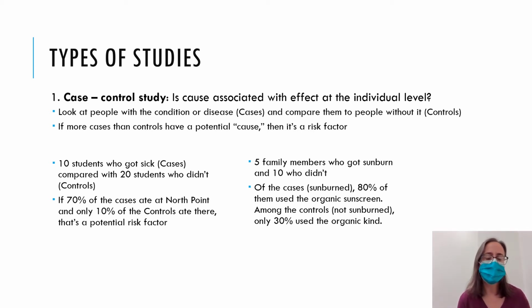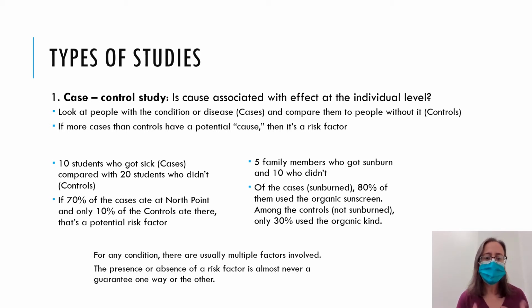Perhaps this use of this particular type of sunscreen as opposed to a different type is the risk factor here. Now, I want you to notice, not everybody who used the organic sunscreen got sunburned, and some of the people who used the other sunscreen still got sunburned, right? So humans are complex. There's multiple factors involved. So the presence or absence of a risk factor is never a guarantee one way or